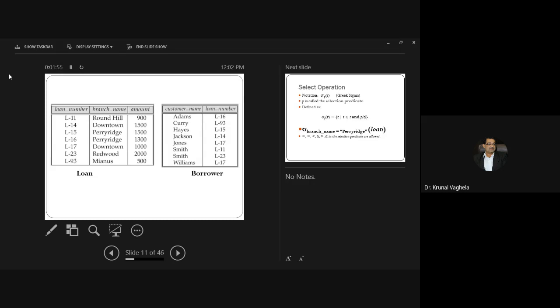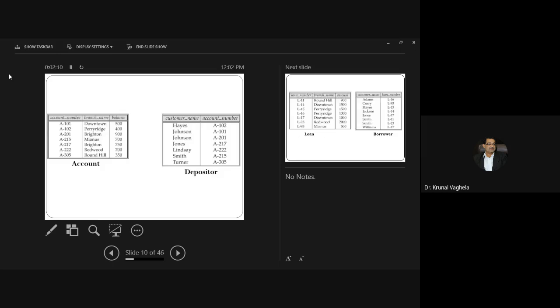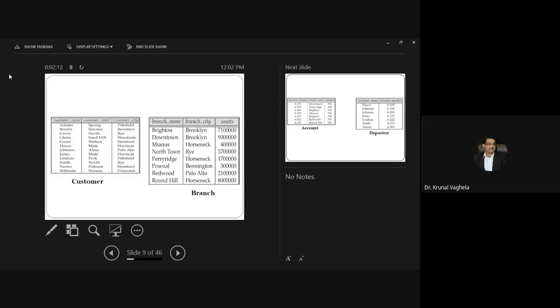So what you need to do is combine both the relations. That is the Cartesian product. Do you have any loan related information in the customer table? Do you know which customer is having a loan?